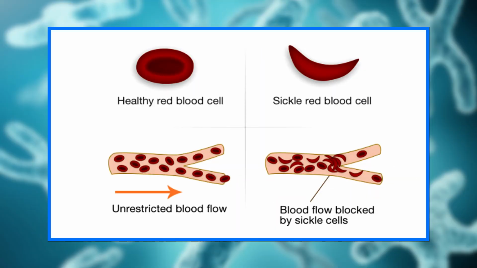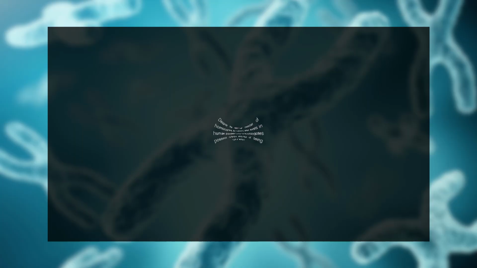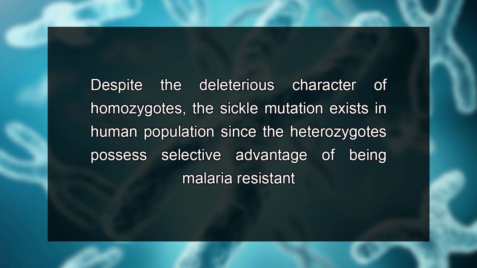Heterozygous carriers, with the HbA HbS genotype of sickle cell trait, possess a mixture of both normal erythrocytes having normal hemoglobin and sickle-shaped cells, while homozygous carriers with the HbS HbS genotype of the sickle cell gene have a greater proportion of sickle cells in the blood. So despite the deleterious character of homozygotes, the sickle mutation exists in the human population since the heterozygotes possess the selective advantage